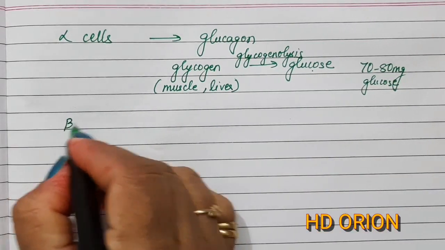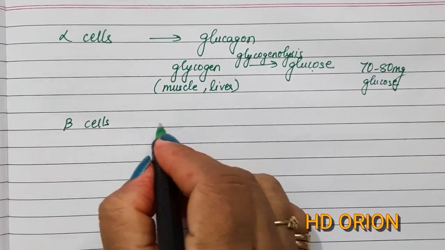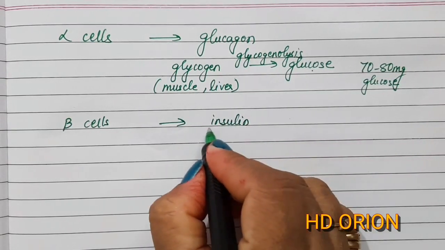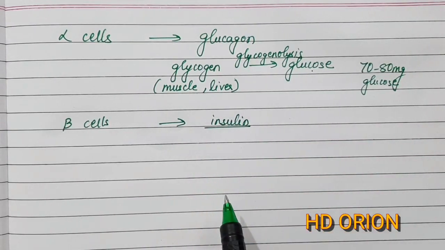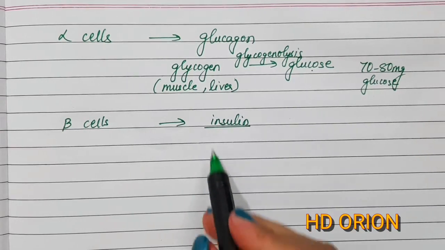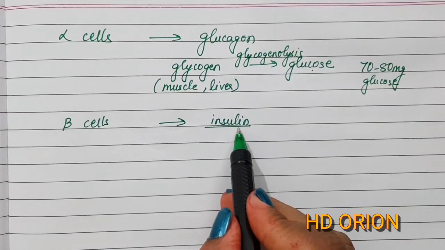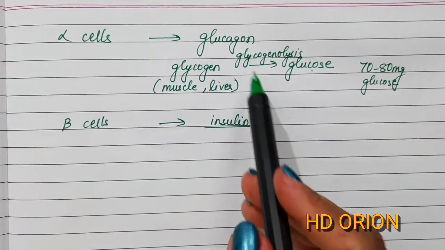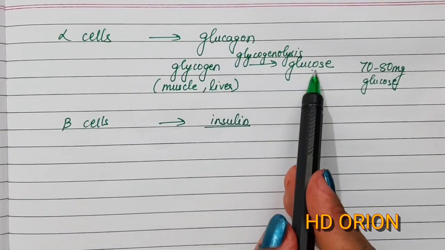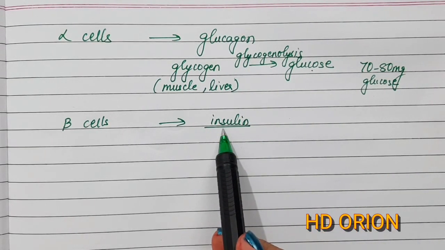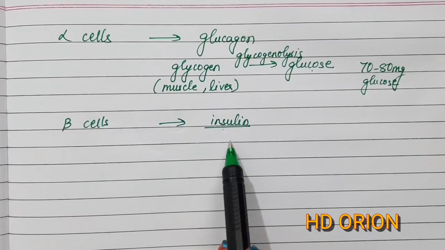Just the reverse or antagonistic function is that of insulin. Insulin is a very famous hormone because we come to know this due to the diabetic patients, and the insulin hormone is secreted by the beta cells. As I said, this is antagonistic in function. The glucagon is releasing glucose and increasing the blood glucose level. The insulin decreases the blood glucose level, so it makes the blood hypoglycemic.